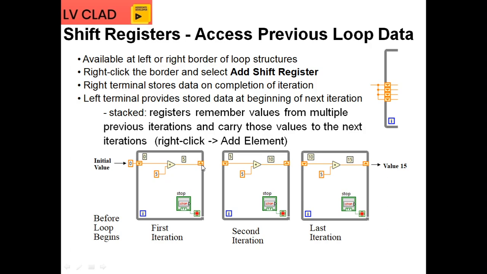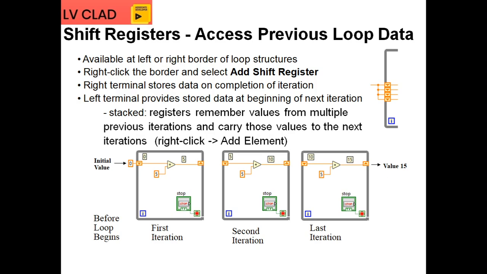During the second iteration, the previous iteration result of 5 is given as the input, but in the initial condition that was 0. The same 5 will be added here also, as I mentioned in the code. So 5 plus 5 will become 10. Now when you go for the next iteration, what will happen? The 10 will be passed to the shift in, the 10 will be added with the 5, and finally you will get 15.